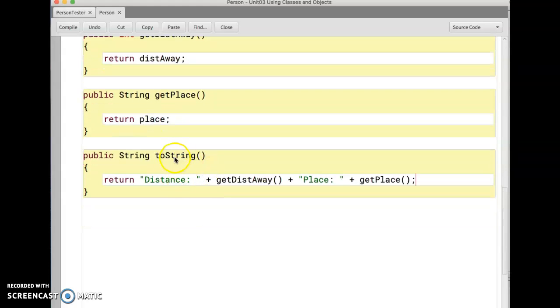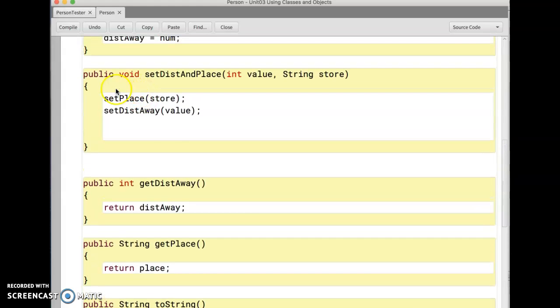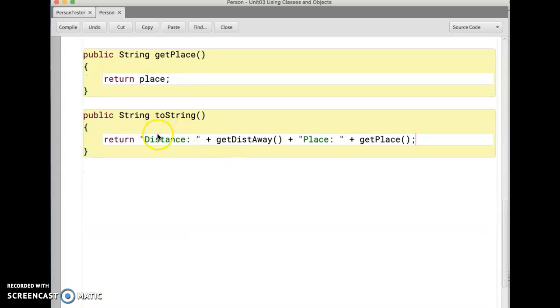So the problem with a method that isn't a void, if you can see the difference here, notice I call two void methods here. I called distance away and set distance away and set place. Notice they're just all by themselves in a line. I just call it, it runs, and it's over. The difference between that and a return